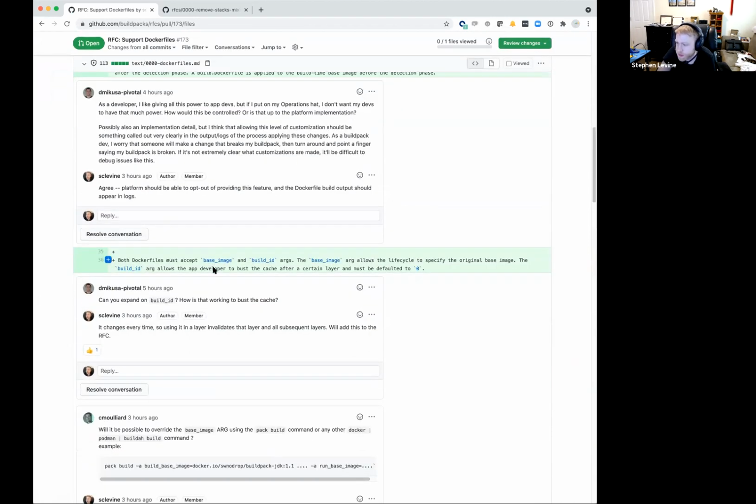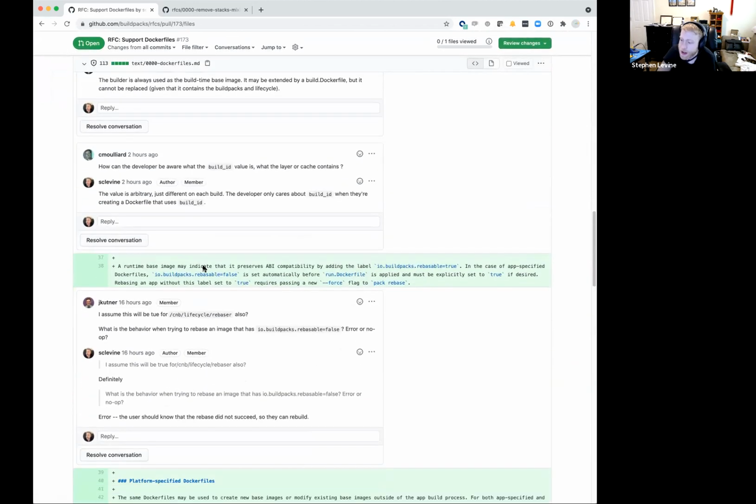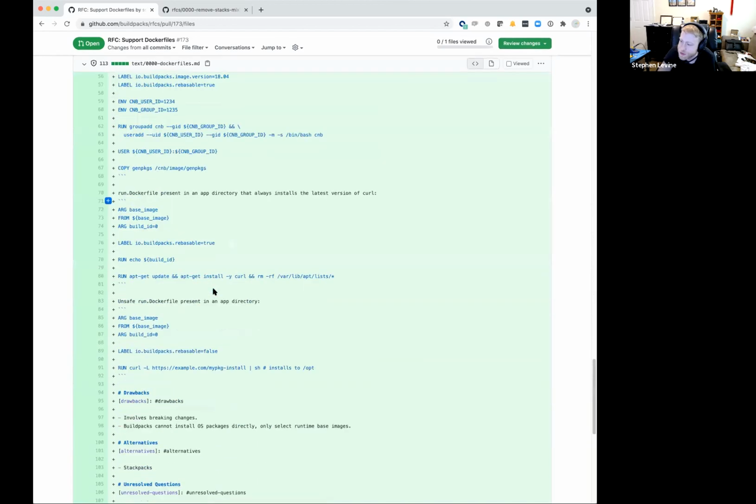It lets you use Dockerfiles to extend stacks and proposes what the tooling looks like around that. And I think the key feature is it lets an application developer, if their platform allows it, put Dockerfiles in their app, do a pack build, and have Dockerfiles execute before the build to give them a customized build and/or run image.